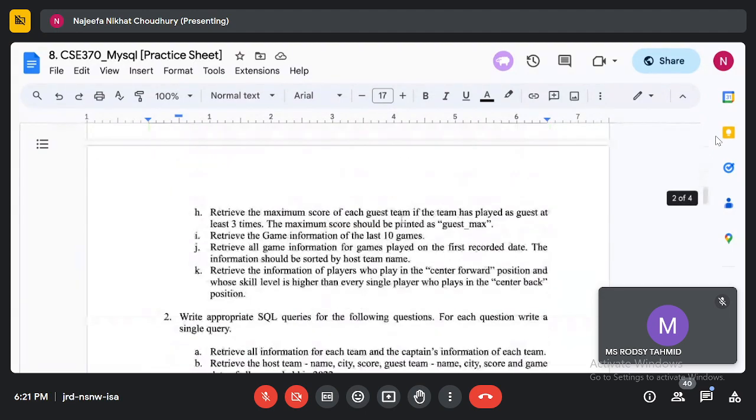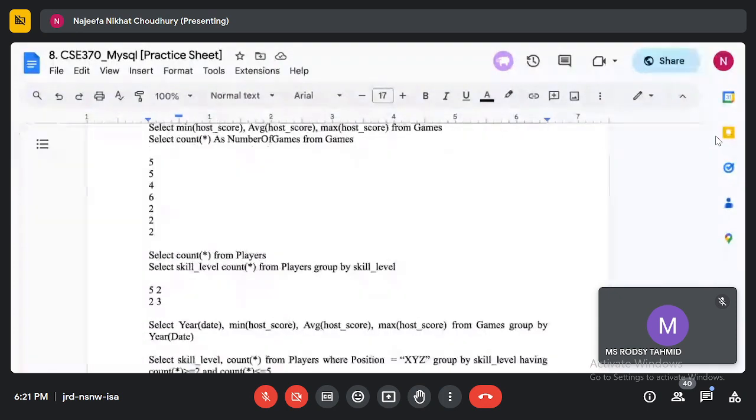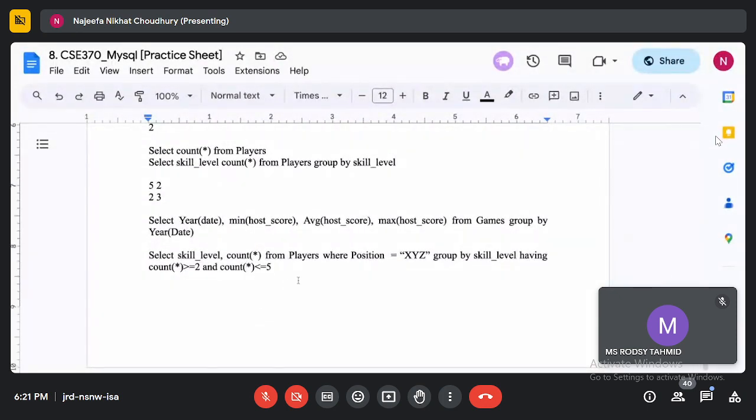If I do select max skill level from players, this will give me the maximum skill level. If in my table the maximum skill level is, let's say, 10, it will give me 10.